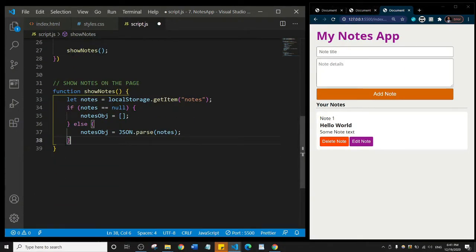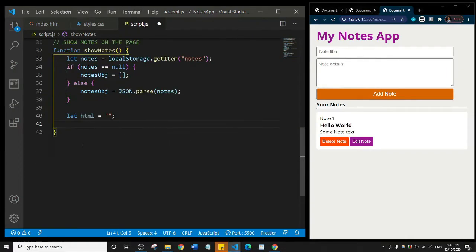Now what do I want to do next? Essentially I've gotten the information from the local storage. I want to be able to display it on the page. So I will create a variable and name it HTML, and initially I'll set it to an empty string. Then I will create a for each loop, right? So I'll say something like notes objects dot for each,